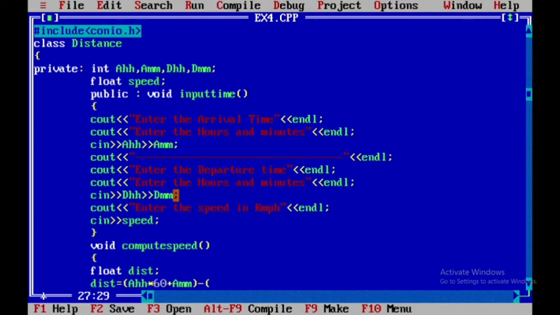We subtract how much time it was supposed to arrive and how much time it left. Okay? So into 60 plus departure time in minutes. Fine. Again into speed by 60. Semicolon.